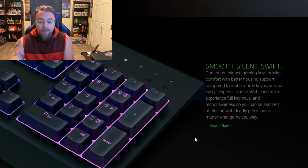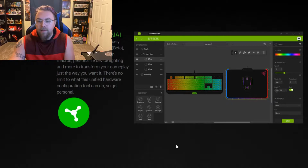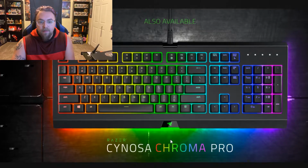It's smooth, silent, and swift. Let's get personal. See, this is what I was talking about. You can go in and individually light each key. And I find that amazing. We'll get into that in a little bit. I'll open Razer Synapse and we'll light some keys up. But for now,